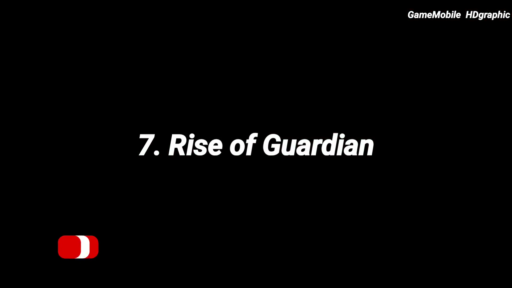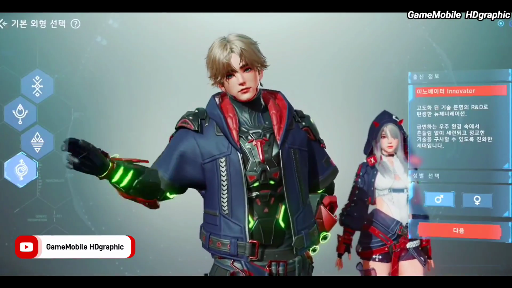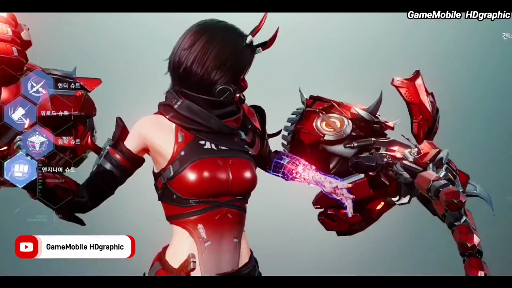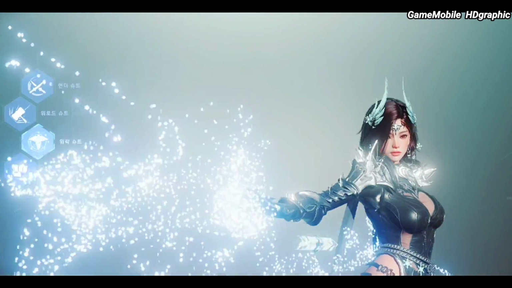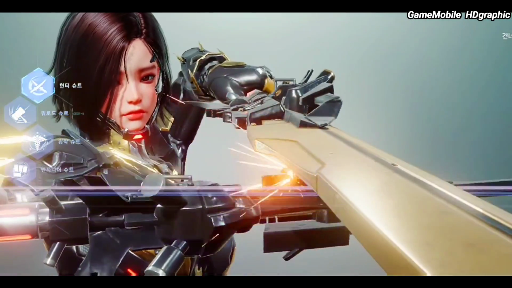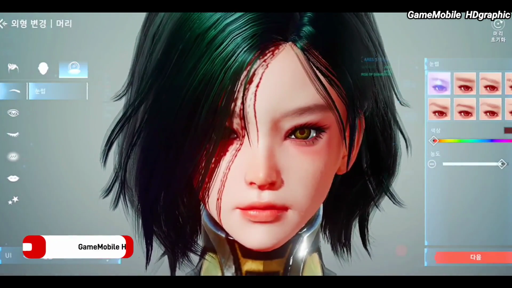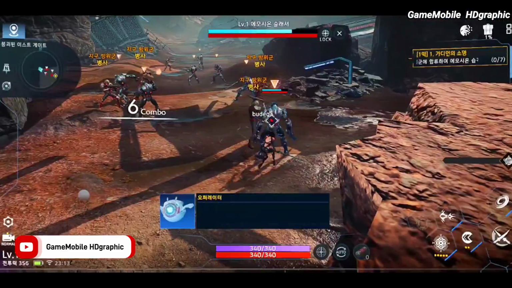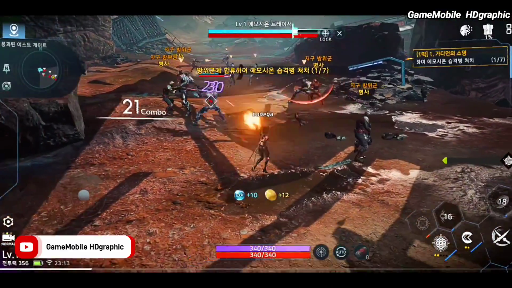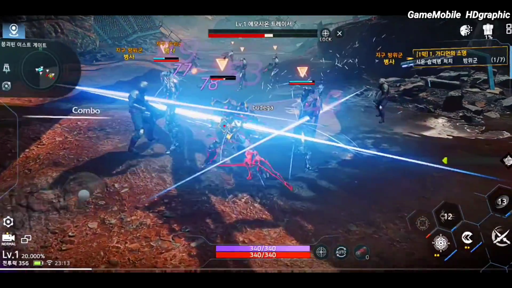Rise of Guardian. I really want this game to come out to mobile as fast as it can because this MMORPG has the best futuristic design on many aspects of the character design and also the building interior. The game starts with a character selections of assassin, warrior, fighters, magician, and gunner. These all heroes will show us how the evolution from a human form into a robotic form with a high